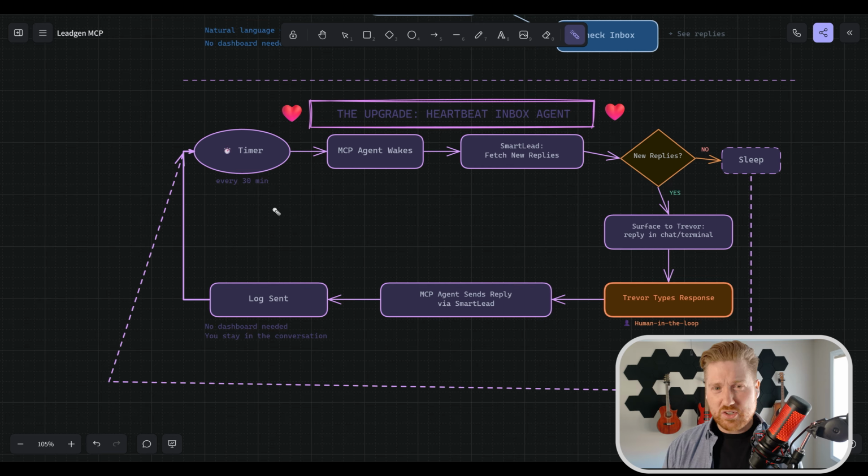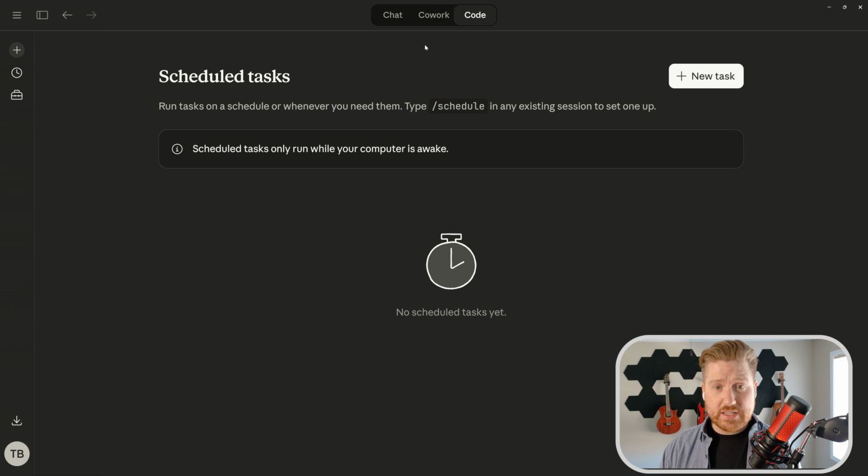So how do we actually set up the heartbeat system? Well, there's two main ways to do it right now. The first way is you need to have an OpenClaw agent. A lot of us probably don't have an OpenClaw agent. The second way you can do it, and the most user-friendly way, is inside of Claude Code desktop, there's the new scheduled tasks function. So all you would have to do is download Claude to your desktop,